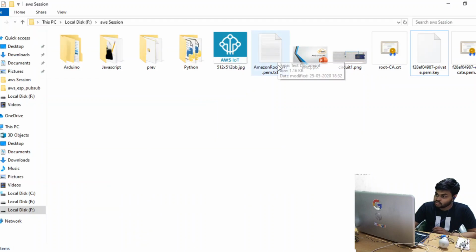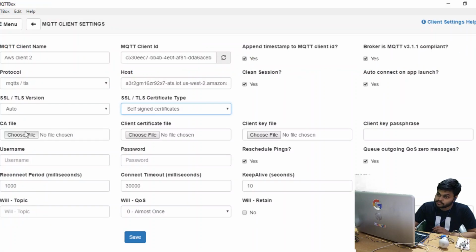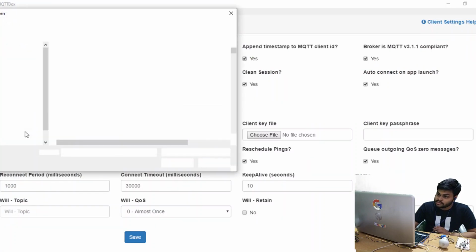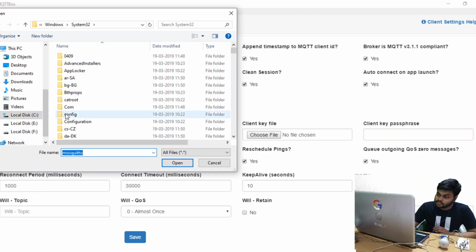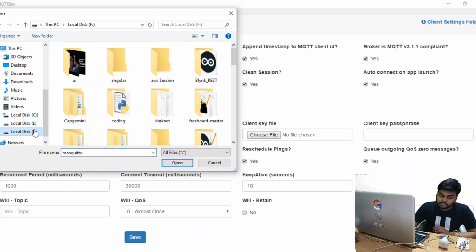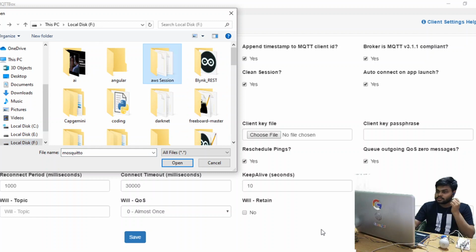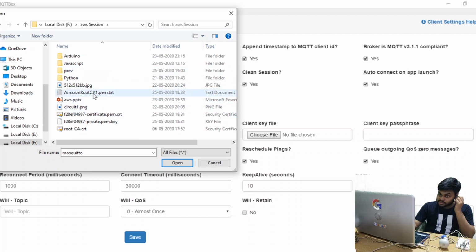This is the Amazon Root CA1.pem.txt, so import it. Click on the first one, we need this Amazon Root CA1.pem.txt.